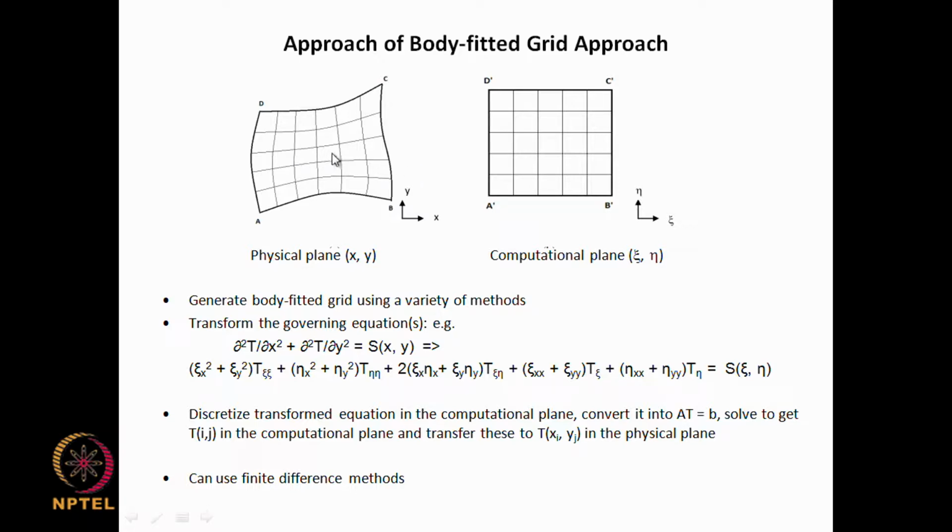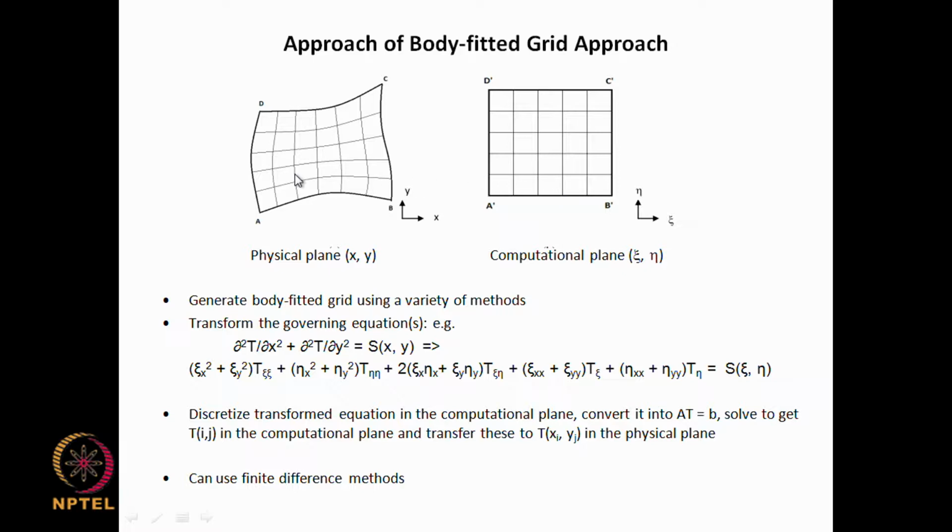So instead of working with a complicated grid here, we are going to work with essentially a Cartesian coordinate type of thing in the computational plane, but in the physical plane these lines are not linear, they are curvilinear. Which is why we cannot make use of the simple Cartesian coordinate system that we have used before. And so we move into the computational plane where we have this Cartesian type of grid, but